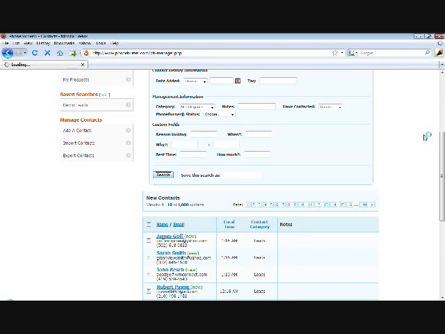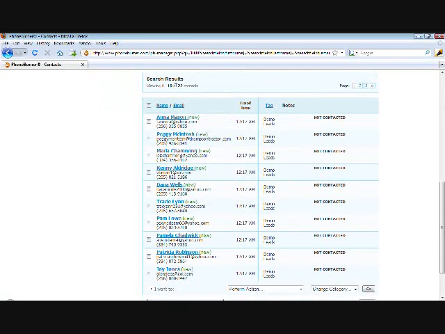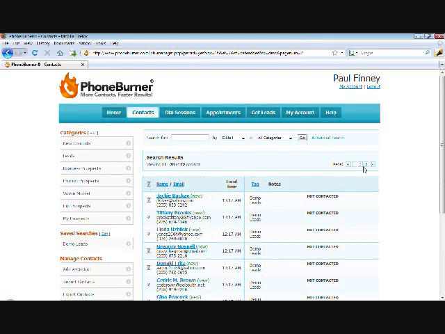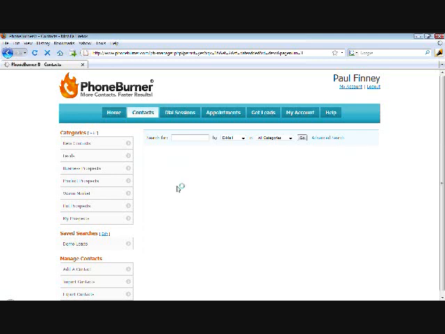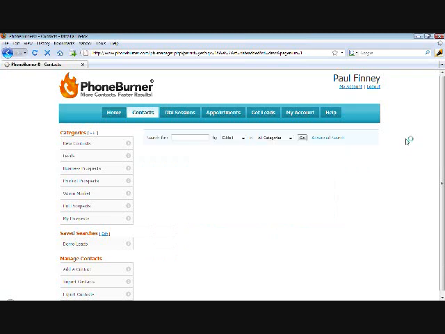And I'll tell you why I want to look at 500 of them, because this is what happens. See, there are 22 total contacts. In order to delete everything, I have to choose everything. I can either view everything and choose it all, or if I had more than 500 to delete, I would choose everything on this page, then go to page 2, choose everything on that page, go to page 3, choose everything on that page. See, now when I go back to page 1,